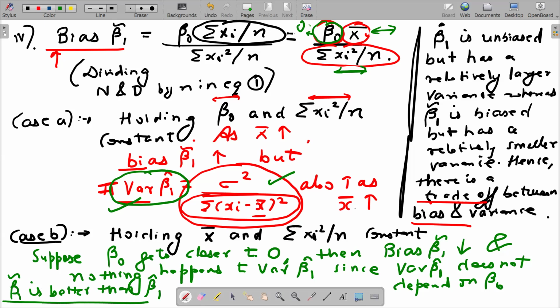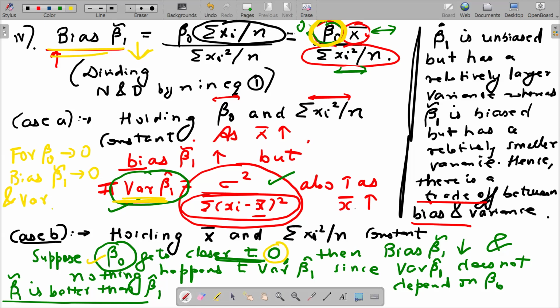Why is beta 1 tilde better than beta 1 hat? Because when beta naught is getting closer to 0, the bias of beta 1 tilde, let me correct myself, will continue to drop to 0. And nothing is happening to the variance of beta 1 hat, because the variance of beta 1 hat does not include beta naught. So for beta naught tending to 0, the bias of beta 1 tilde will tend to 0, and the variance of beta 1 tilde will be less than the variance of beta 1 hat. So given both these situations, beta 1 tilde is a better estimator than beta 1 hat